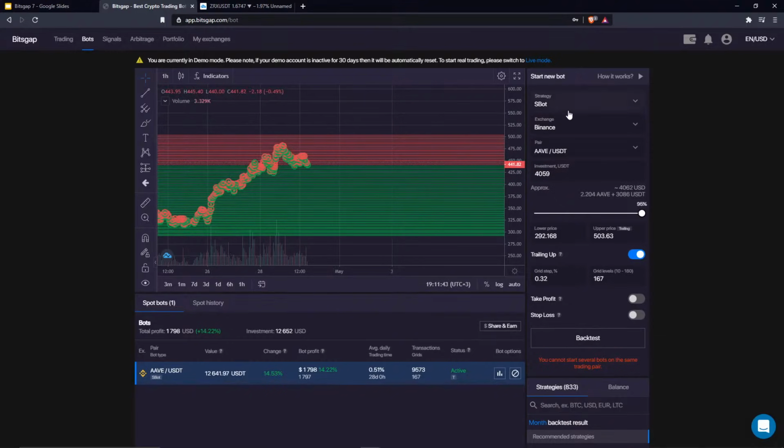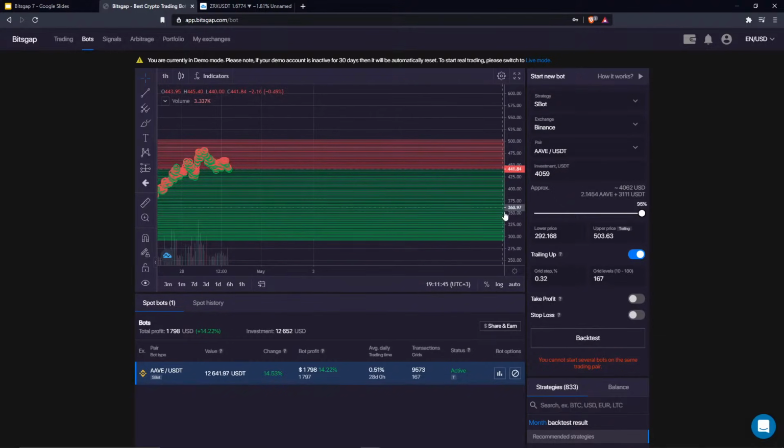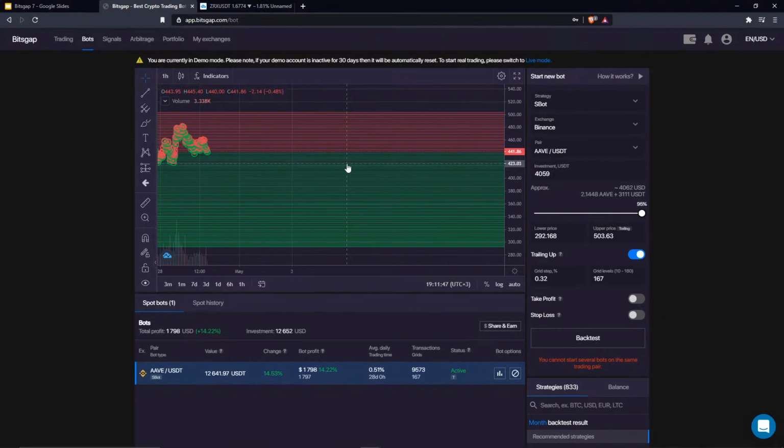In case of the SBOT, the idea is that per each grid level, it spends the same investment value. So whenever the price falls, it will execute these buy orders, and at each grid level it will spend the same